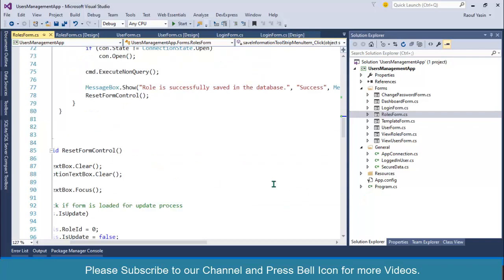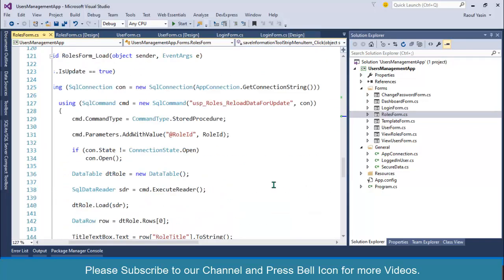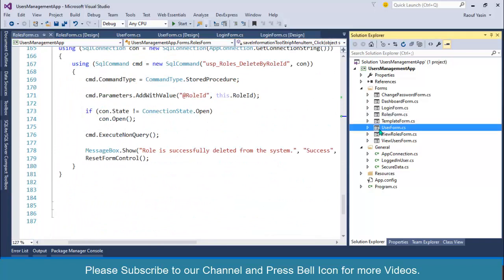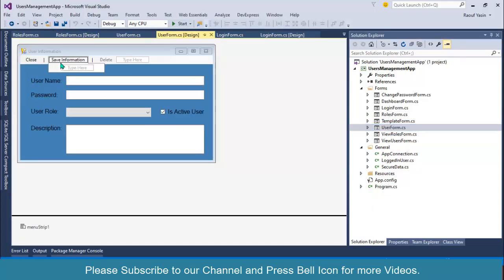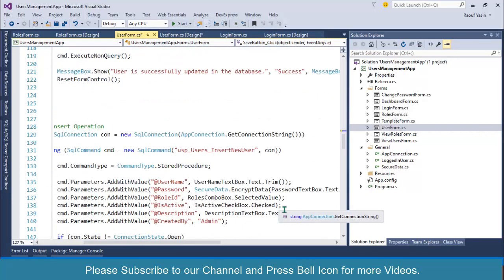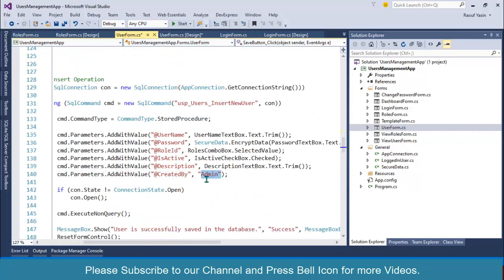Okay, now let me verify somewhere. Now we need this in our user form as well. Save information and change it to this one, and change it to this one as well. Okay, so user and roles and login done.